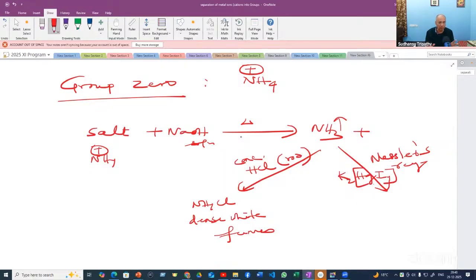K2HgI4 is a mercury complex, prepared by adding mercuric chloride with excess KI, which gives potassium tetraiodidomercurate(II). This is called Nessler's reagent. Then open each box and analyze each precipitate in the presence of the other